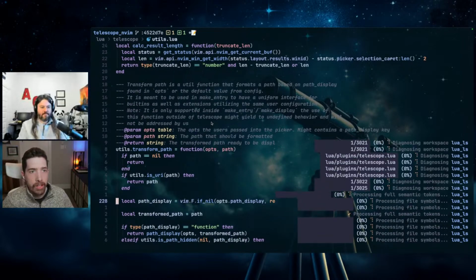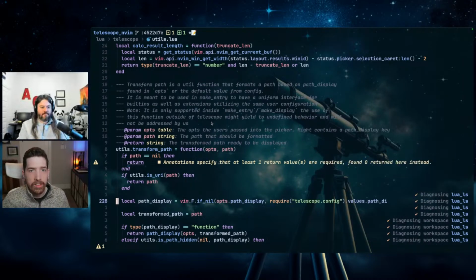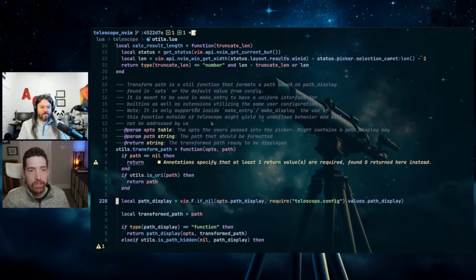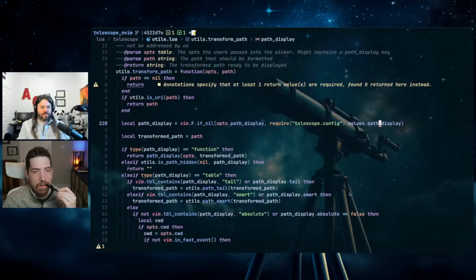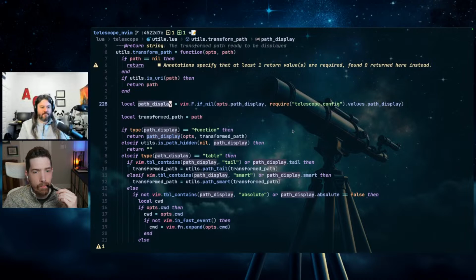Based on path display, found in ops or the default value from config. So, what does this mean, and where does it come from? Telescope config values path display. Okay, so that comes up function table and then smart. So it checks if it's a table type. And then